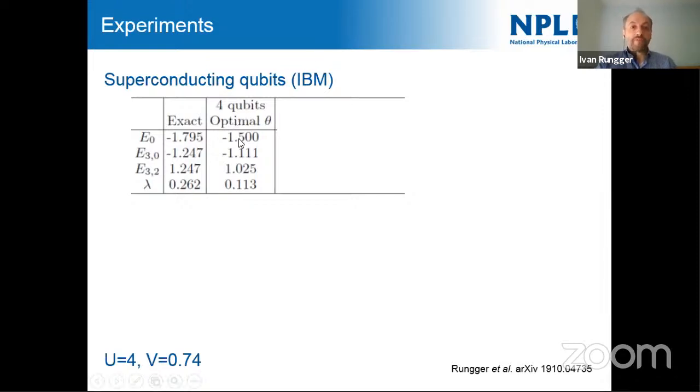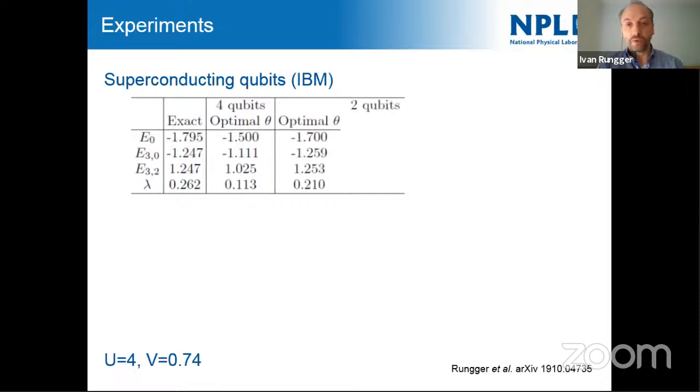We don't re-optimize them on the quantum hardware. If you look at the numbers, it's -1.5 instead of, say, -1.8. So it's close-ish. We are off by about 20%. That seems to be what we get on this hardware. Obviously, this will depend on the hardware you run. The better the fidelity, the better this agreement will be. But it looks promising. And then for the lambda, the agreement is not very good. It's off by more than a factor of 2. Which is actually what prompted us to try the 2-qubit solution.